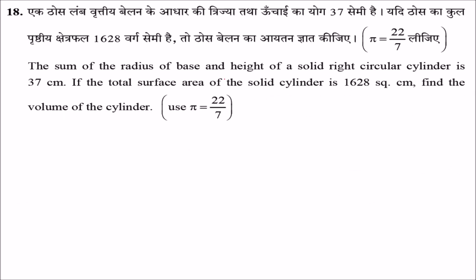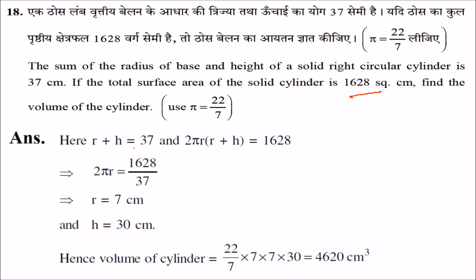The sum of radius of base and height of a solid right circular cylinder is 37. That is the radius of the base and the height. If the total surface area of the solid cylinder is 1628, find the volume of the cylinder. So we know that